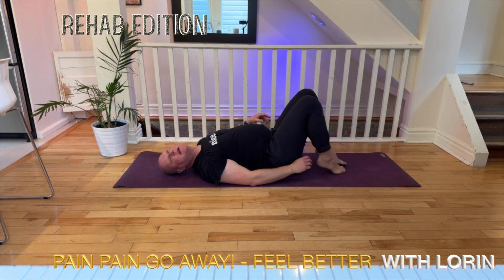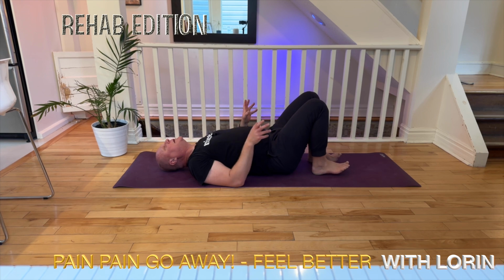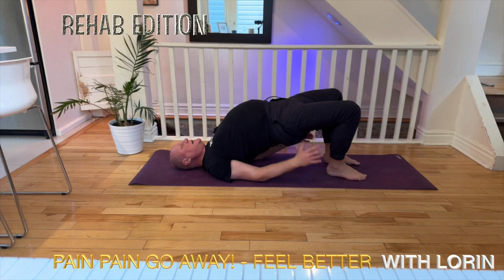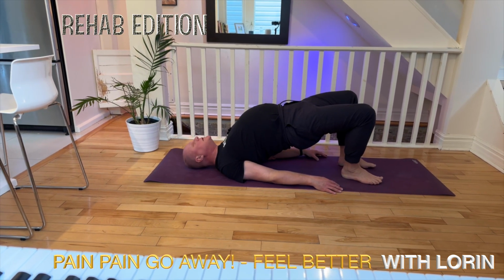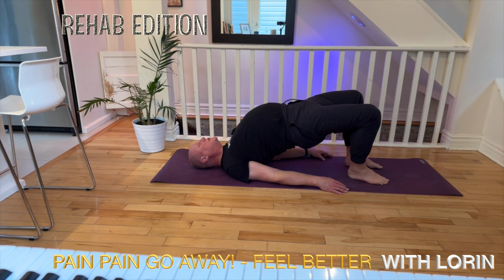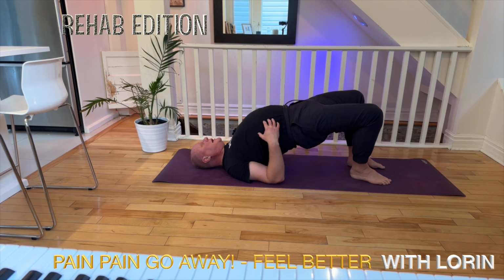Last bit of engagement today into a bridge pose. Your hands are close to your heels. You're going to push up out of your heels, push up out of your pelvis. And this time we're going to engage everything. Not your head though. Keep a good space between your chin and your chest, but really push up. And we're going to expand on this move later. But right now everything's engaged. My belly, my butt, my quads,